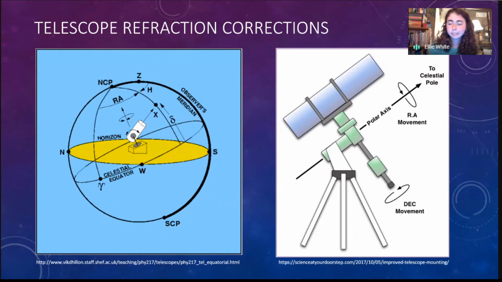Now I'd like you to imagine a perfectly equatorially mounted telescope, precisely polar aligned and tracking at exactly 15 arc seconds per sidereal second. That's the standard tracking rate.